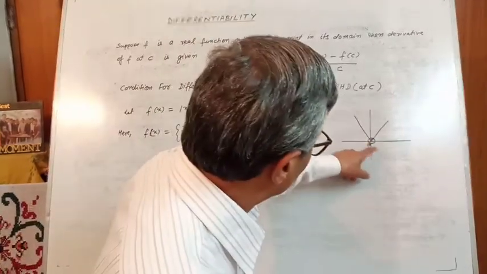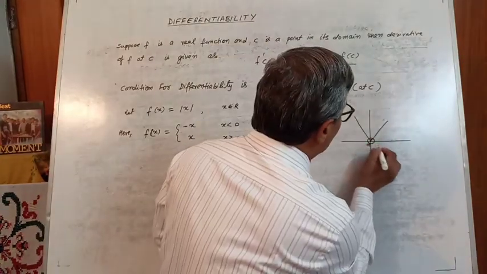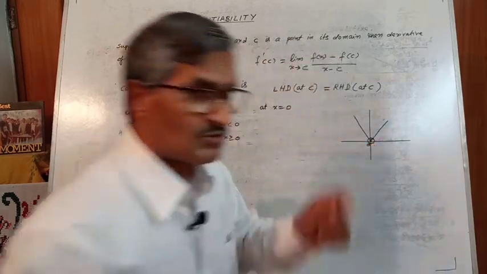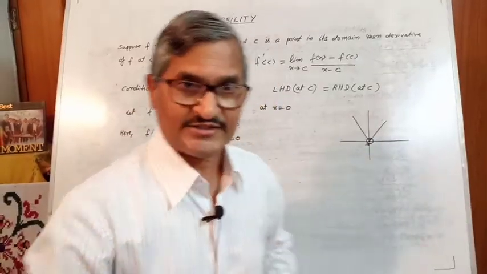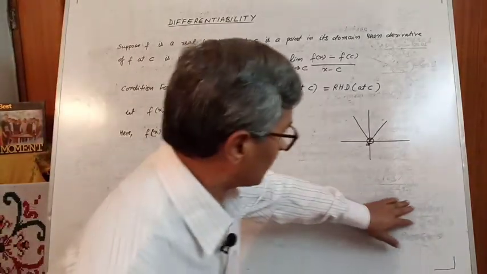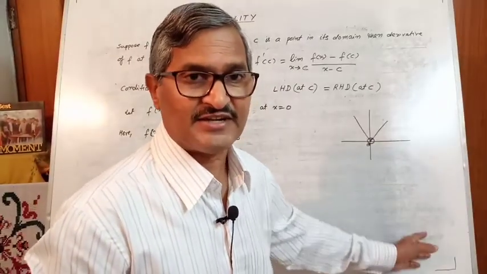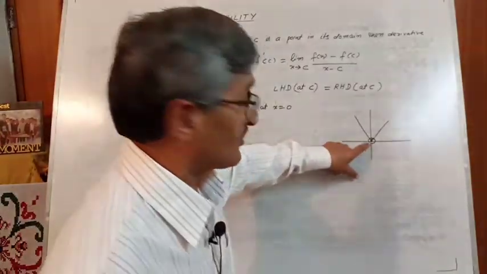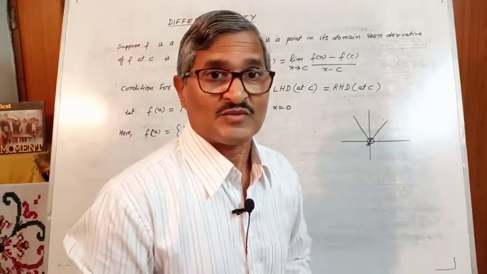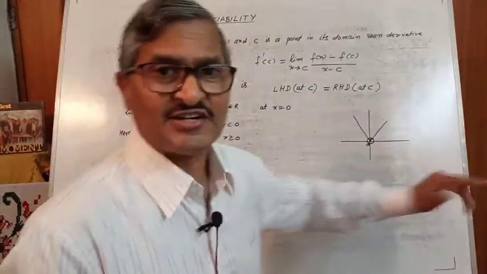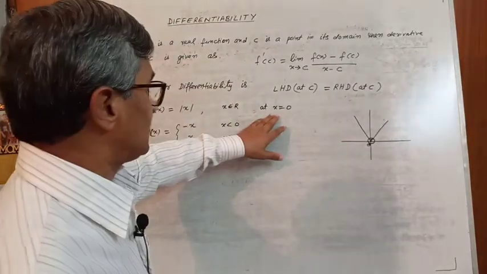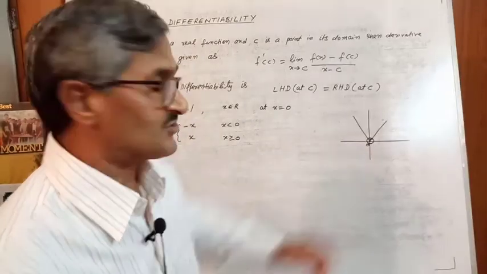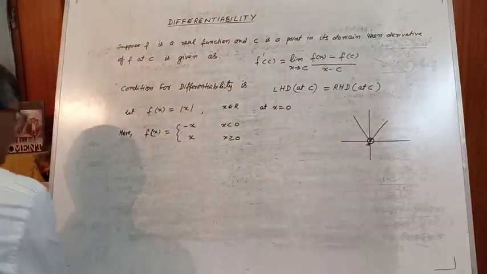The reason is that we get two tangents, two differential values, this way and this way. These are intersecting, so we get two differential values, and you have seen in the elaboration that we are getting minus 1 and 1. These are the left hand derivative and right hand derivative that arise where there is a sharp corner. So as a shortcut, if you have to reply whether it is differentiable or not at this point, you can see it with the help of the graph also. Now we are going to take another example.